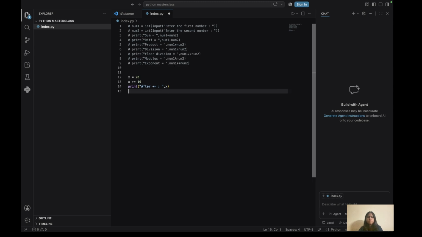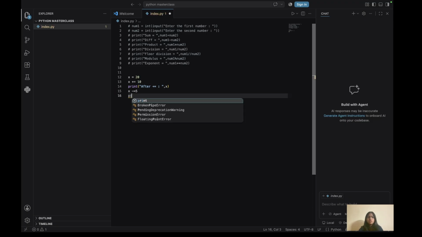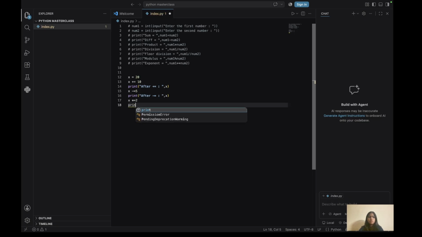And then we have x minus equals to, let's take 5. Here you can just print after minus equals to just x, and then x into equals to 2, then print